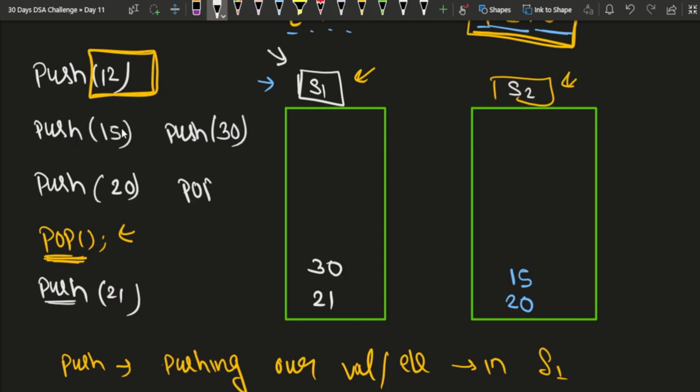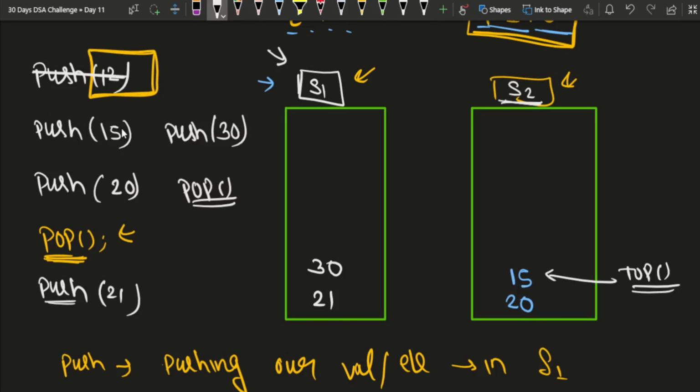Now again my next operation is a pop operation. Then I simply pop out the element from S2. The top is pointing to 15,